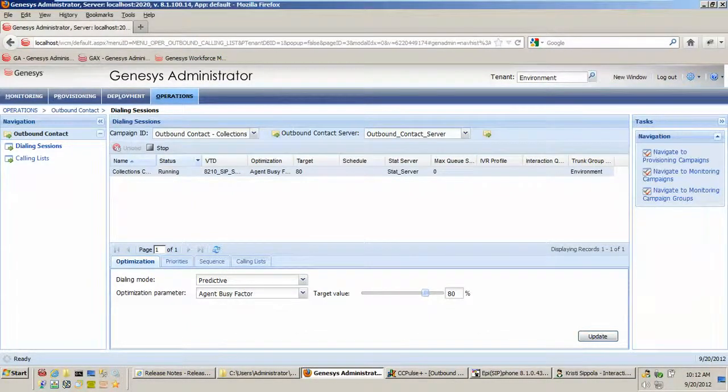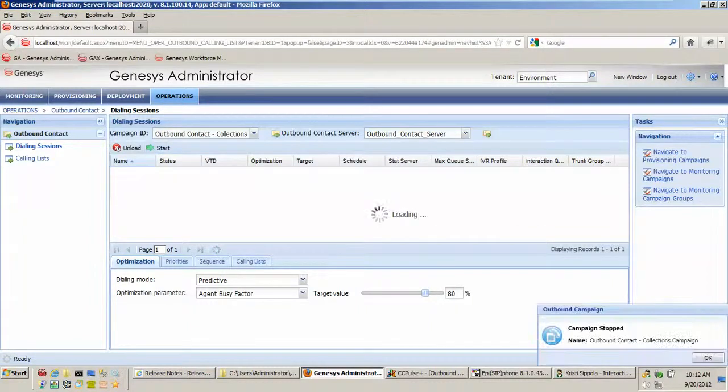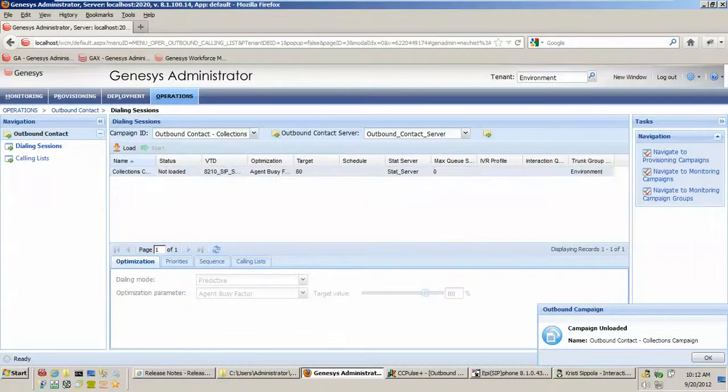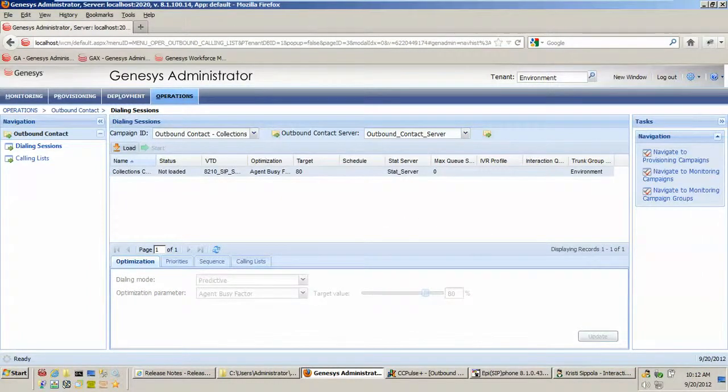Now I'm going to stop this campaign. Again, I get an alert in IWS, Interaction Workspace, that a campaign's been stopped. I'm going to unload the campaign. Okay. Now I'm going to show you a preview